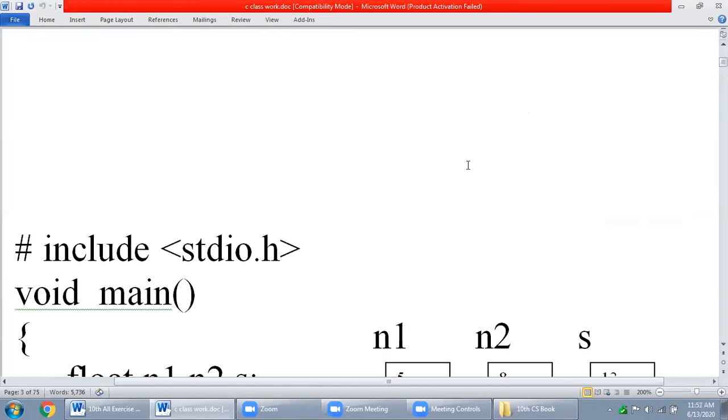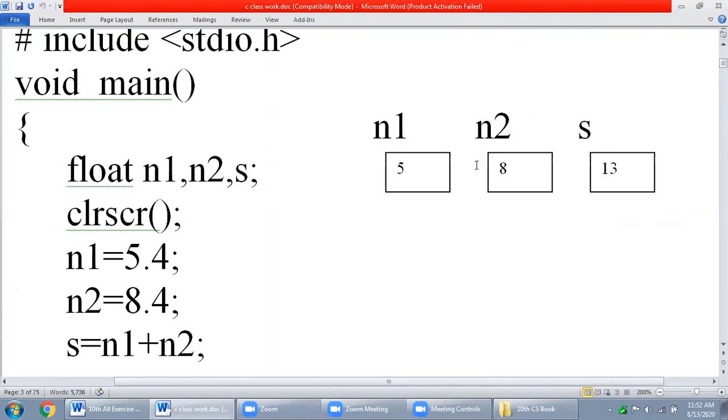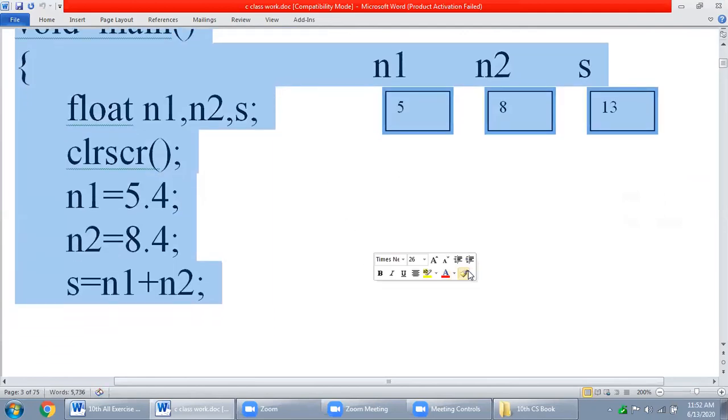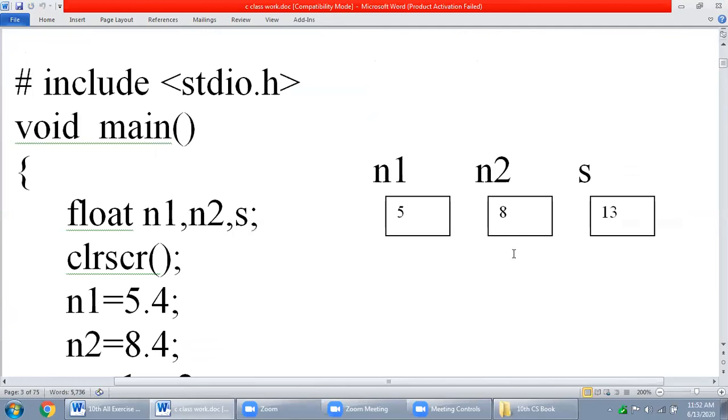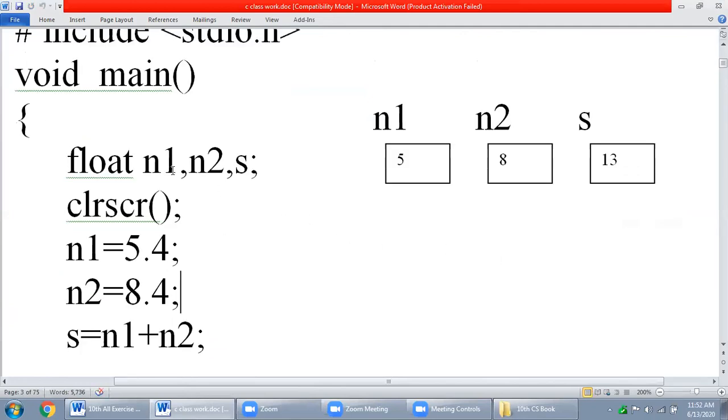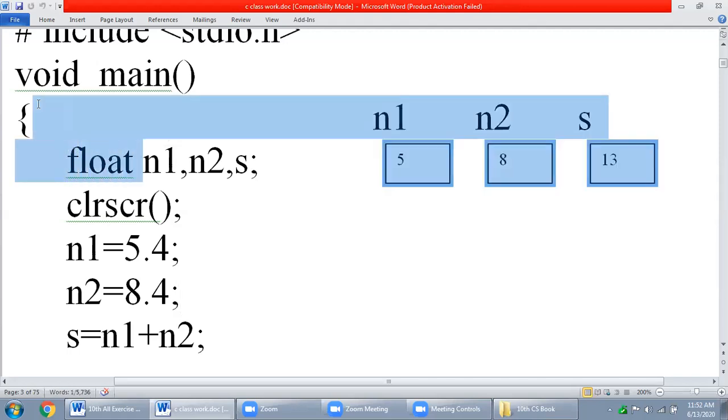I have some programs over here. Watch over here. This is a program written in C language, a simple program. We were discussing the syntax and the semantics. Don't look at this part, just skip these things. I will explain this when we do it practically, when we start programming.